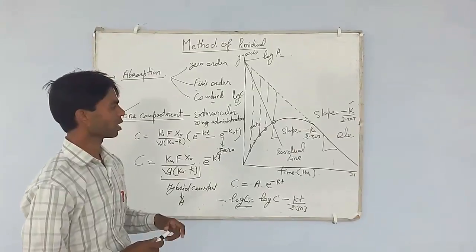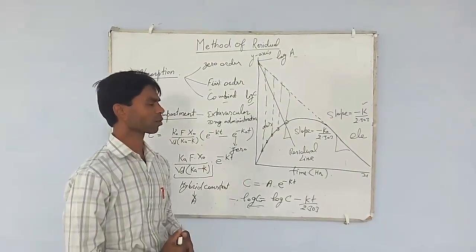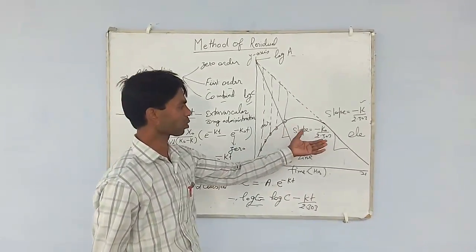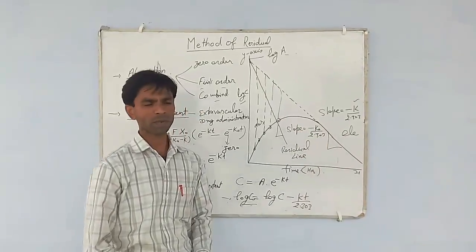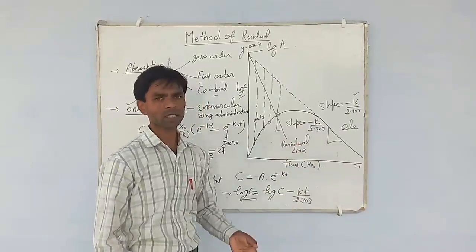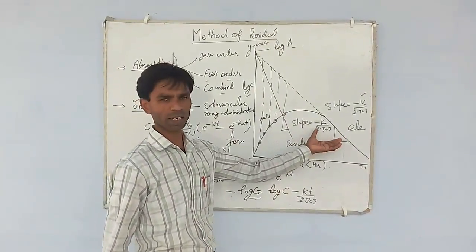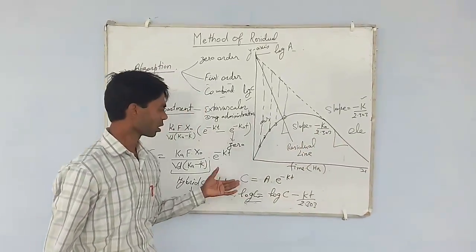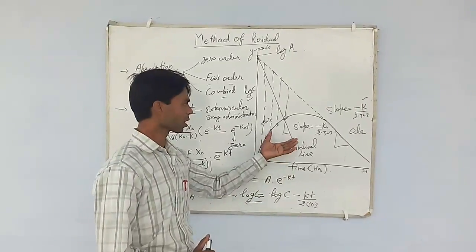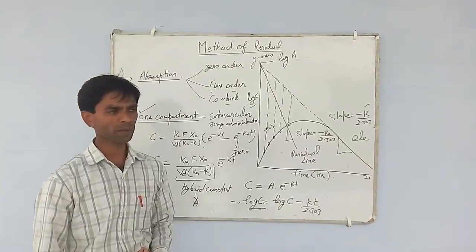For determining the absorption rate constant by the residual method, we require assumptions. The first assumption is that the absorption rate constant is at least 5 times greater than the elimination rate constant. Second, the absorption and elimination of the drug follow first order kinetics. Then this method is also known as the flip-flop method. If the absorption rate constant is not greater than the elimination rate constant,